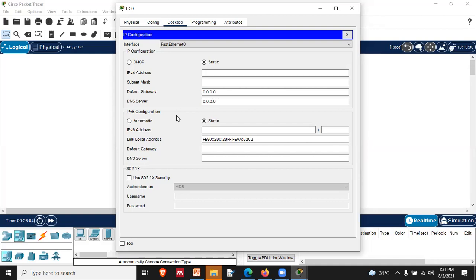So we have to follow either IPv4 or version 6. Currently we are talking about IPv4. And as I told you, 10.0.0.1 is the IP address that I want to give to this particular node PC0, right? And automatically what will happen? It will allocate a subnet mask,